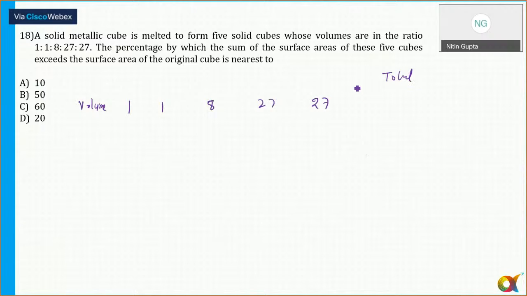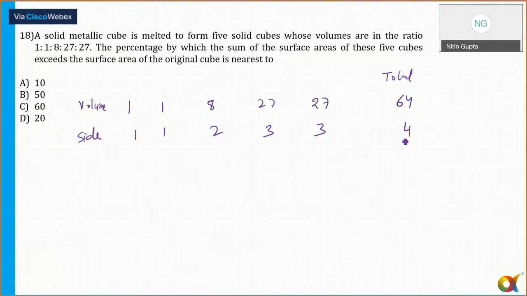So total, if I add all of them, 1 plus 1 is 2, 2 plus 8 is 10, and 10 plus 27 plus 27, that's 64. So what are the sides? The ratio of the sides is 1:1:2:3:3. And here the cube root of 64 is equal to 4. The percentage by which the surface area of these 5 cubes exceeds the surface area of